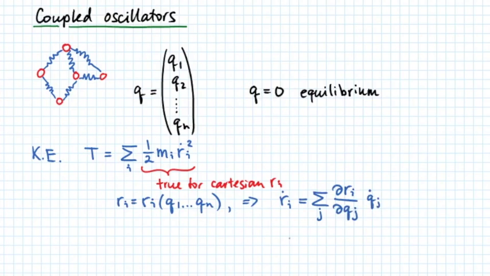Next, if we are to write velocity squared, it will simply be given by the product of these two sums, which we can write as a